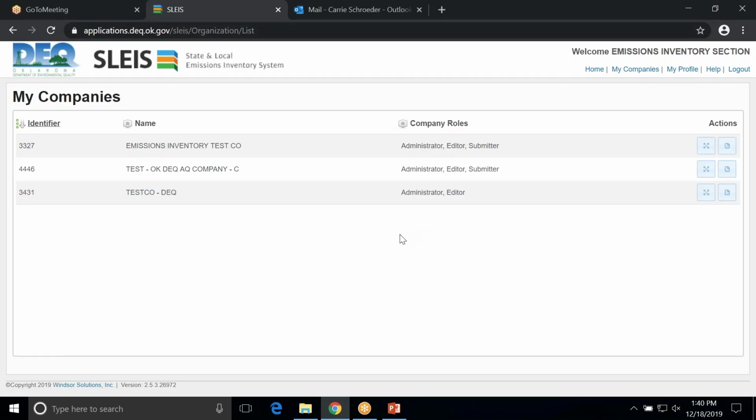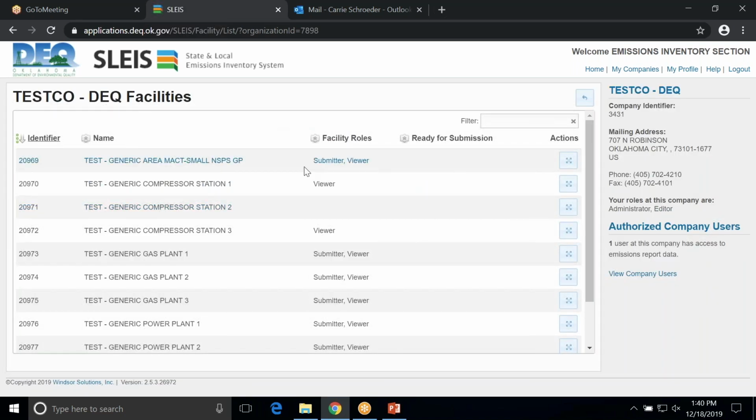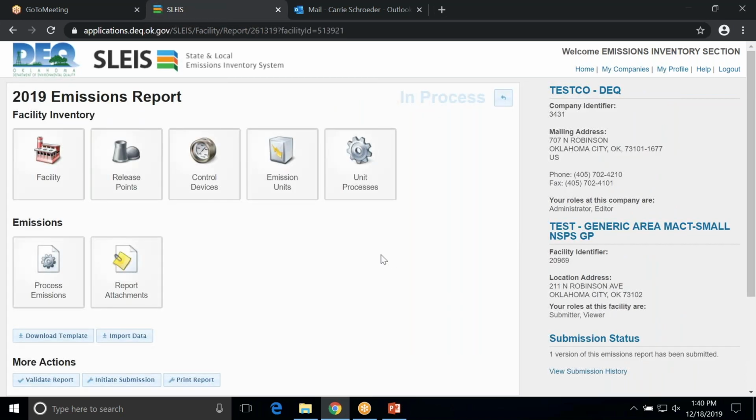I'm going to be showing you the individual facility first. And so to navigate to that facility, I'm just going to navigate to this facility like I did last time. We're going to be using this top one here. Going to be going to the 2019 report. And you'll find the same screen for the facility inventory for this specific facility in 2019 as we did last